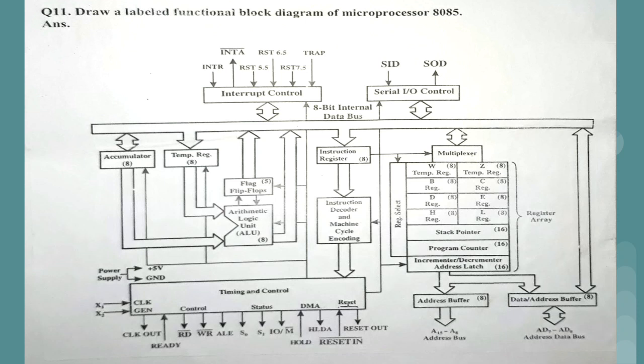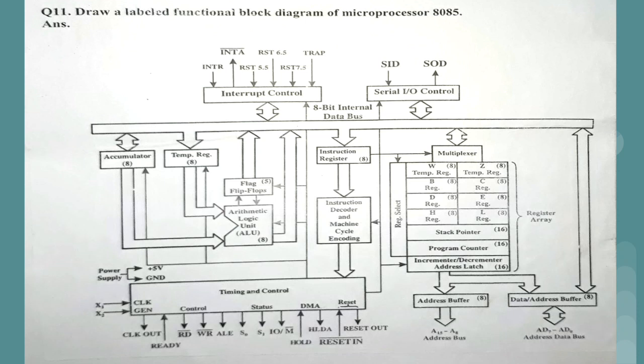In the middle section I have already explained, out of which just notice the two-way connections. The accumulator has a two-way connection, interrupt control has a two-way connection, that is the arrow is pointing towards both sides. Serial input output again has a two-way connection. The data and address buffer has a two-way connection because they are bidirectional, while the address buffer is only unidirectional, and this is the reason why the arrow is pointing downward. In the case of the data and address buffer, the arrow is two directional.